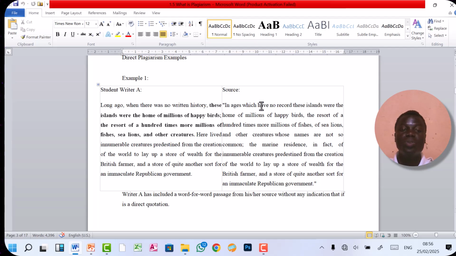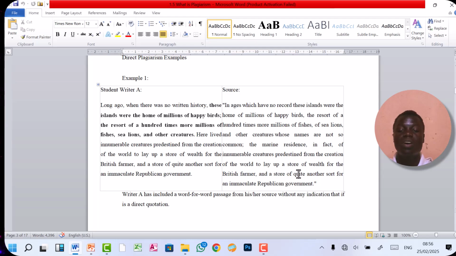Therefore, you may use a direct word for word translation in such a way that you just add "long ago when there was no written history." Then these words come in such a way that "these islands were the home of millions of happy birds," which is the same as this, and therefore the phrase continues with the same. Even you can see in the ending, like and like